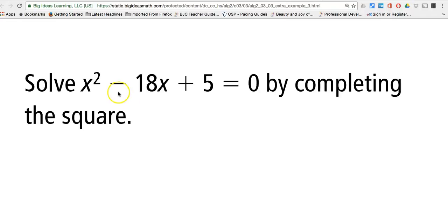So remember, in order to complete the square, we just want to have our x squared plus bx on the left-hand side of the equal sign by itself. So the first step is to isolate that part by whatever operation you have to do. In this case, it is subtracting 5 from both sides. So we're going to get x squared minus 18x,